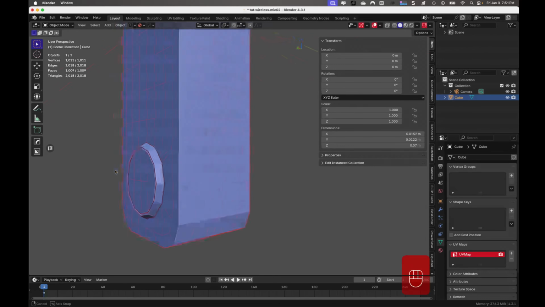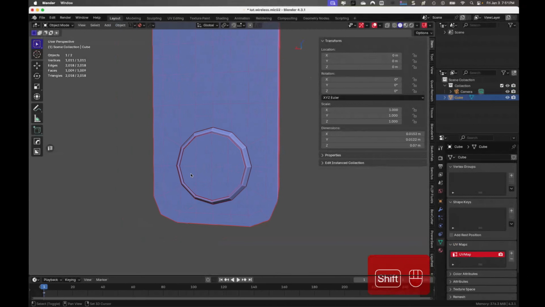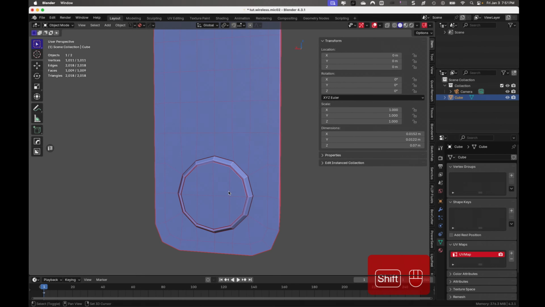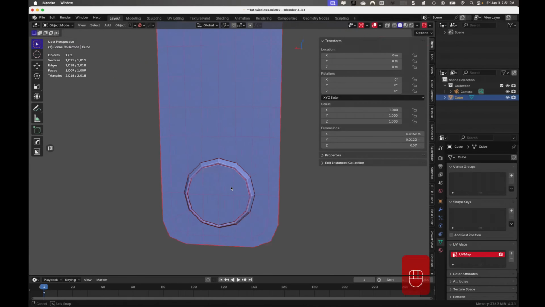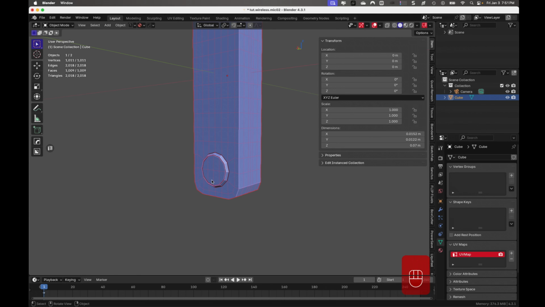Okay, and I'm not going to sculpt the power button symbol. We can use displacement or bump map or something like that later. We'll do that before the end of the video. But for now, I just want to make that basic shape. So let's go here